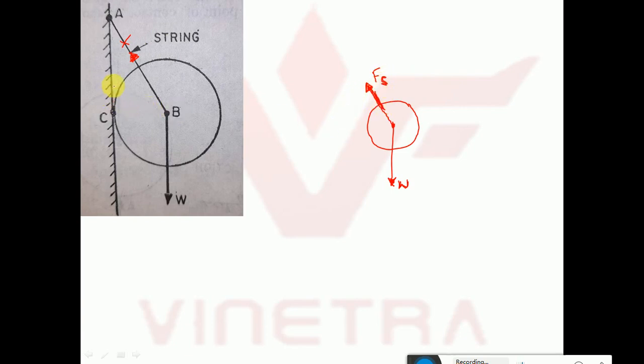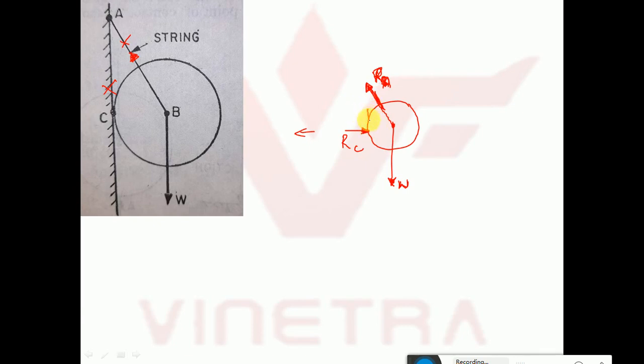So one more thing, if I remove this support, what happens? The ball is already tied, the string is acting, but if I remove this support, the ball may move in this direction. So to avoid that motion, I need to apply one more reaction here. This is the reaction developed at this support. I will give it as reaction RC, and this I will write as reaction RA. Instead of force, I will write RA, because these two are the reactions developed because of the self weight of the ball. So in this manner, we have to draw the free body diagram.